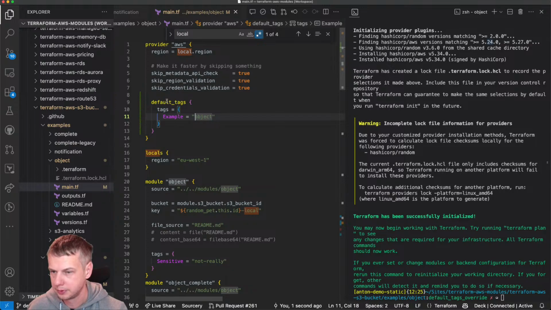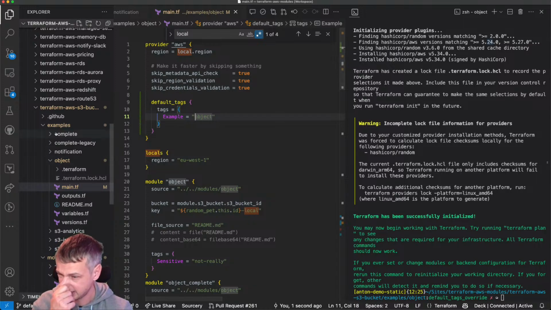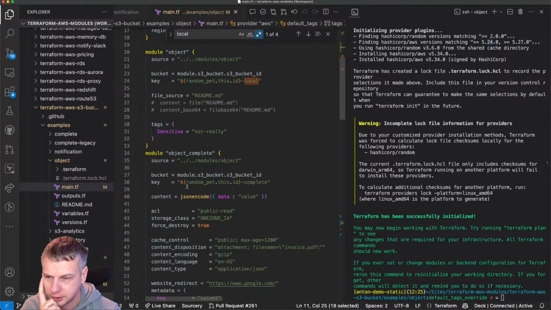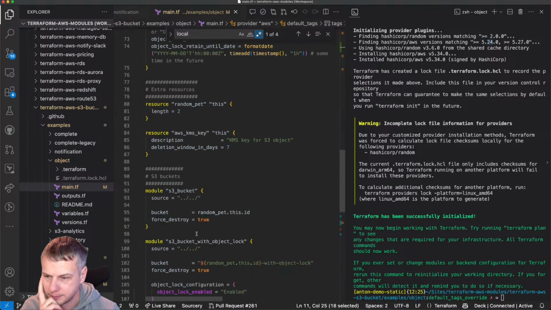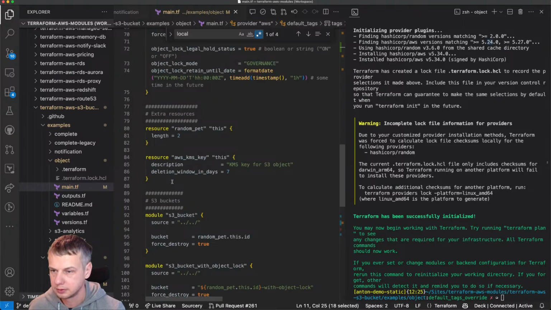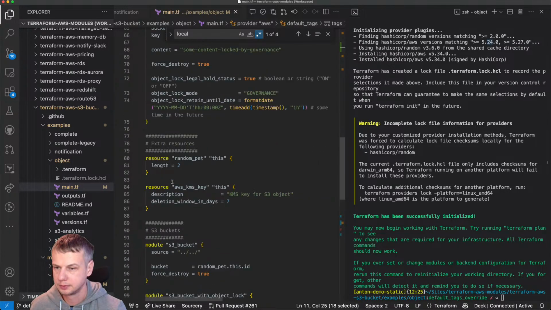Where is this example? Example object. Yeah, should be good. So we don't have to see this example object inside of this guy, right?